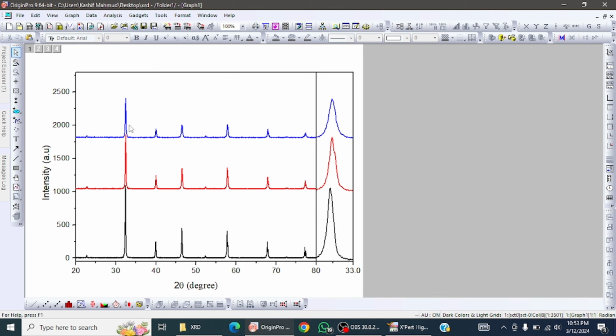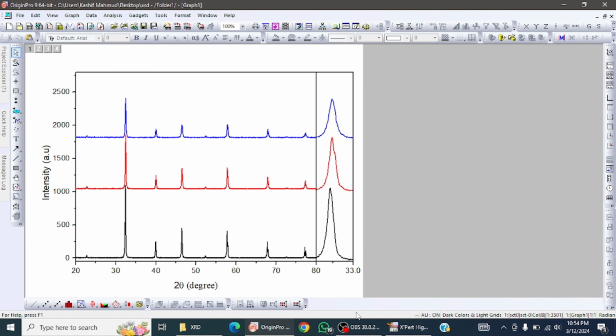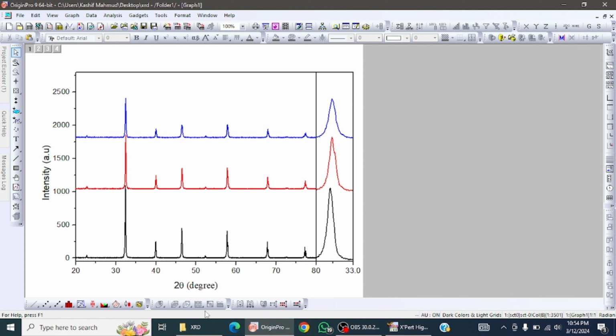So next to the 100% intensity is this peak, and followed by this one, and so on. And in the same way you will use, let this is my 100%, and this will be the second one and followed by others, and the one which is left of the 100% intensity, and for which we will use this Miller indices. So let me copy it and go here, click on the text